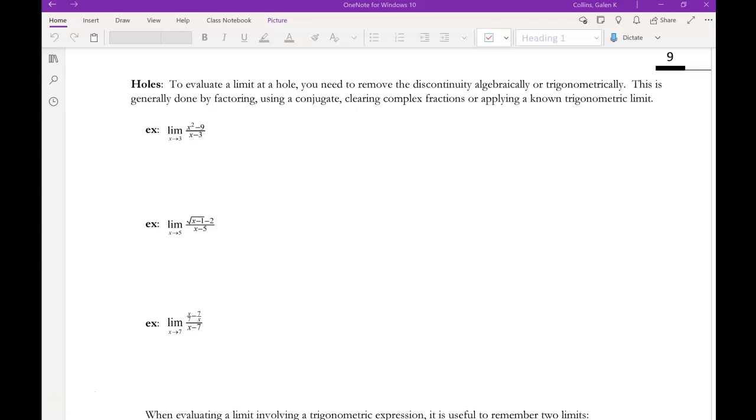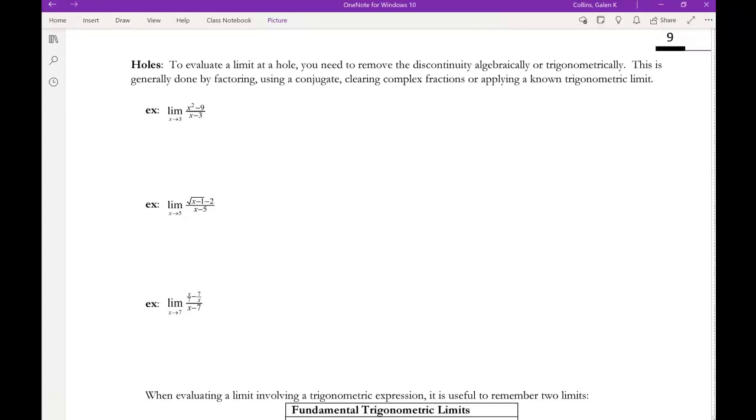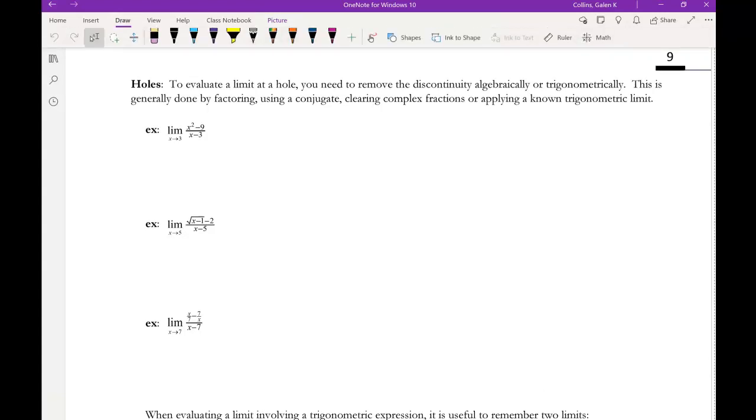All right, so the next three examples are examples where the function has a hole in it. Now, in the notes, we know this because these three examples are in a category that says holes. But when we're just practicing, we're not going to know that we have a hole in our graph necessarily. So, just like we always do, we're going to first start by just plugging in the value at which we're